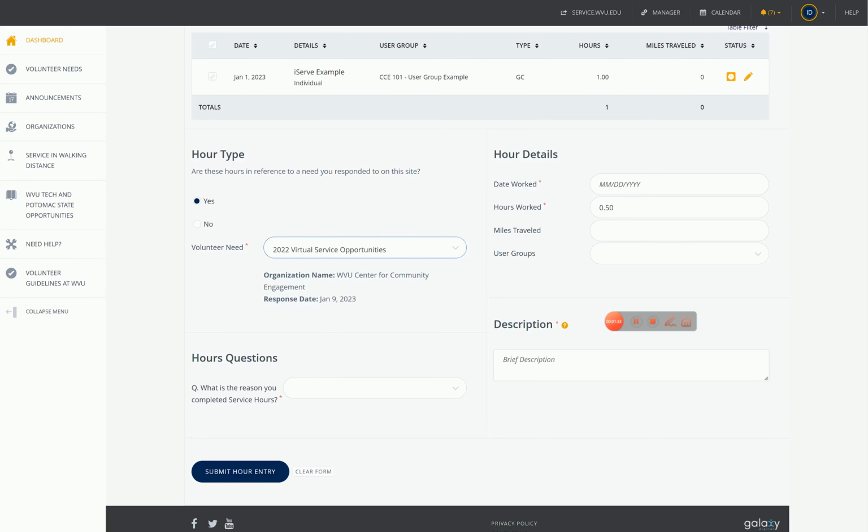The next option is hours detail, where you will come in and select what date you volunteered. For the purpose of this demonstration, I'll select January 7th, a total work hour of 1, miles traveled, 0, and if you are in a user group, you must attach these hours to your user group to get credit for the hours. So in this case, I will select the CCE 101 user group and then move on to hours